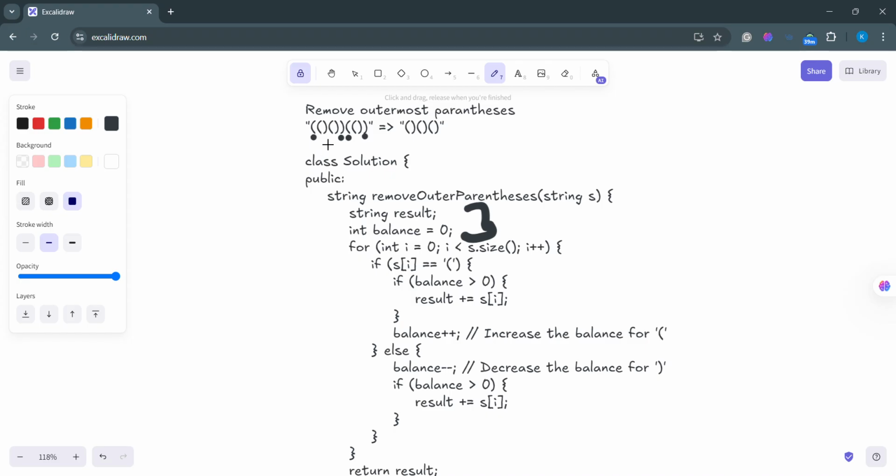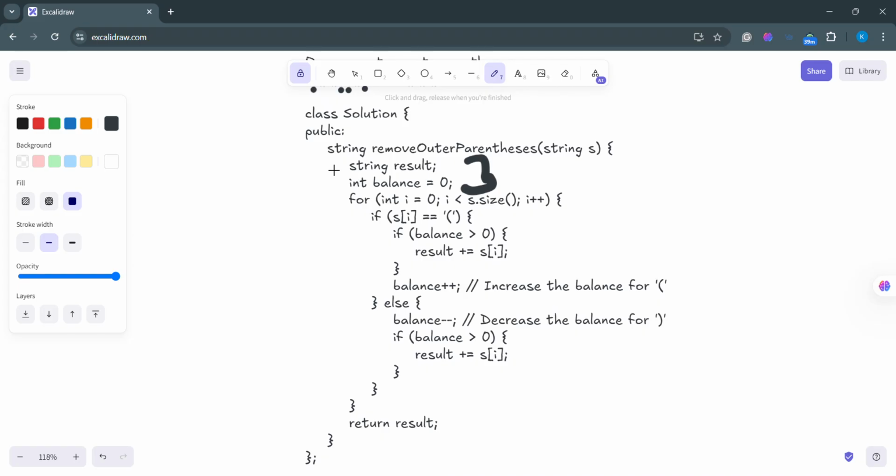And for this one, the balance gets increased by 1. So the balance is 1. And for this one, it decreases by 1. So the balance is 0 again. So you guys can see here, this has balance as 0 and this has balance as 1. That is, the balance of the outermost bracket is 0 and the balance of the inner brackets are more than 0. That is the main logic we'll be working upon here. So yeah,